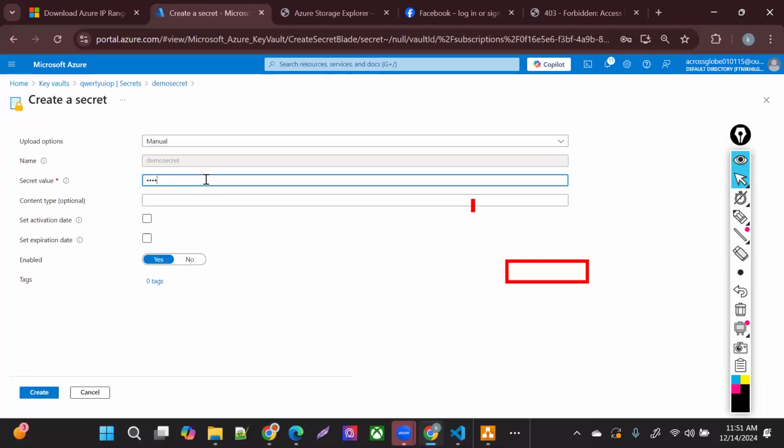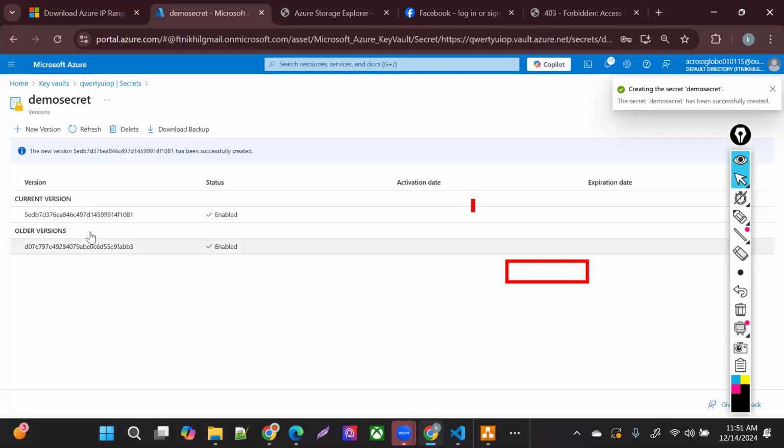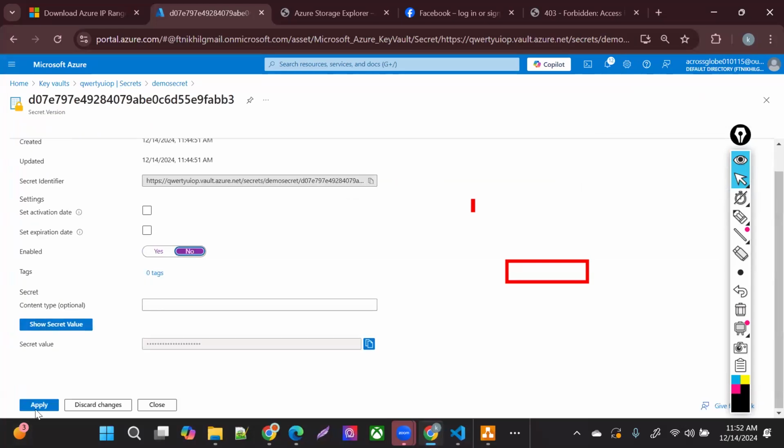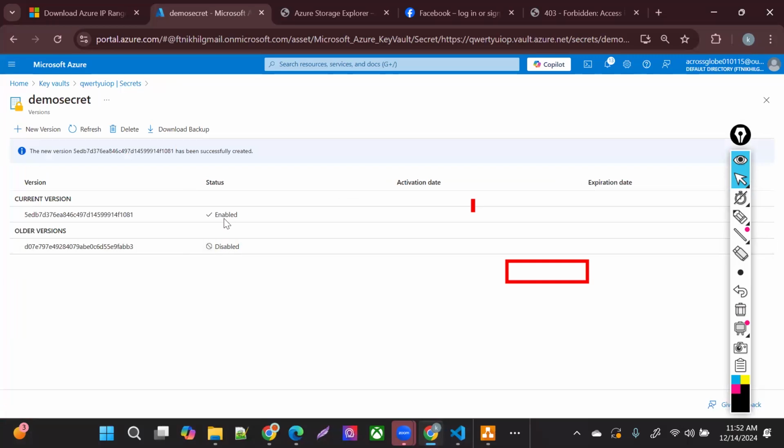Let's say I created a new version here. I uploaded these keys and I created a new version of my certificate, right? Now the current version is this one, the older is this one. Now you're saying this is already expired. Instead of deleting it, just put that in disable mode. Then if anything happens to your new version, you quickly enable that certificate and then you can disable the other one. Now this is disabled, and this one is going to be taken there. That way you can do it.